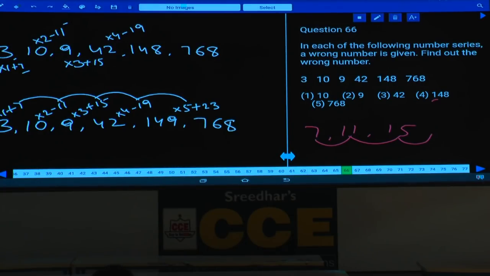Done? Then what is the wrong number here? 148 is the wrong number and the correct number is 149. Hence choice 4 is the answer. Done with this? Now this is about questions 31 to 70. Yes, any doubts in these questions 31 to 70? Now in paper number 74,